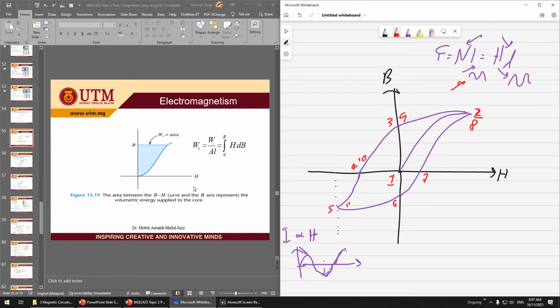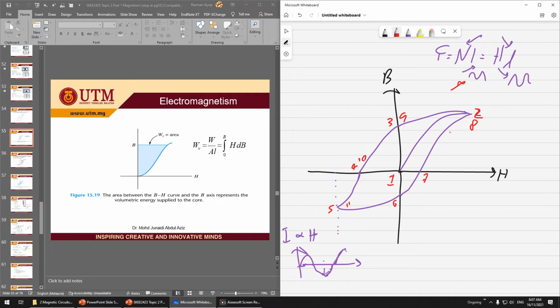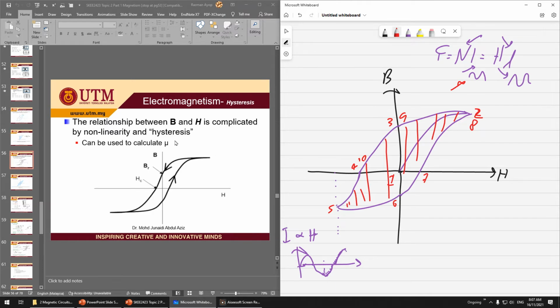Basically if you integrate the H and B, the area under here represents the magnetization loss. The magnetization loss will be inside the area of the leaf. So this is called hysteresis. The larger the area under the BH curve here, the larger the loss. So the magnetization loss